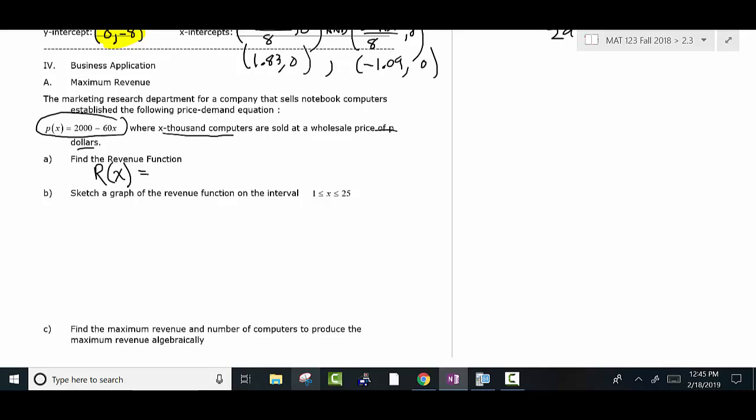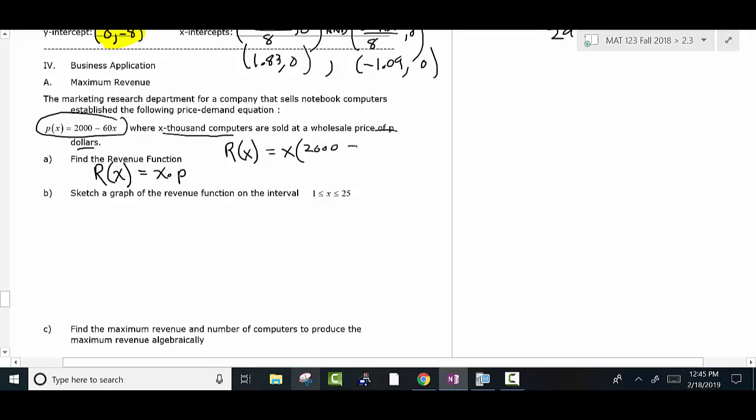You do the number of items times the price. What's the number of items? x. What's the price? p. So the formula is xp. We've talked about that before. Okay, so you need to know how to do that for sure. So the revenue is just going to be x times the price,